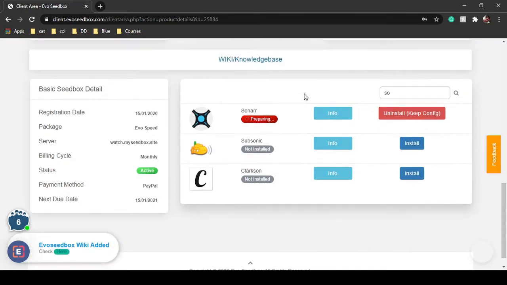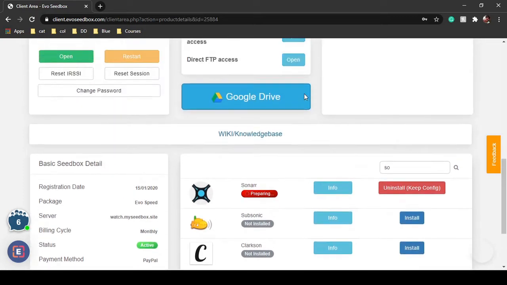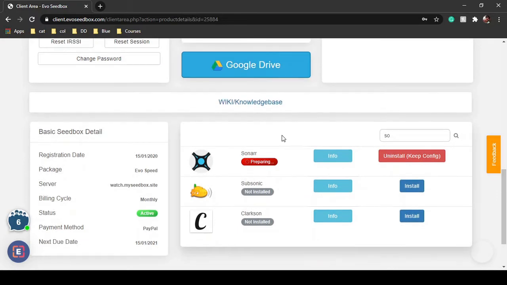Sonarr is an app specific to TV series and TV shows. There are similar apps known as Radarr, which is for movies, and Lidarr, which is for music. Using these apps, you won't have to find torrents again and again.